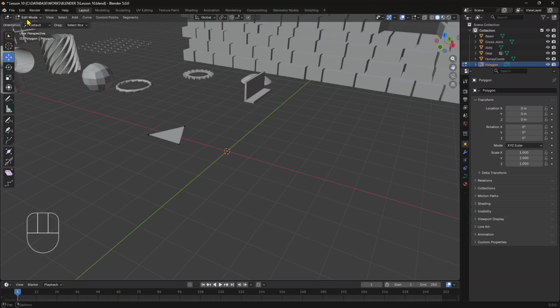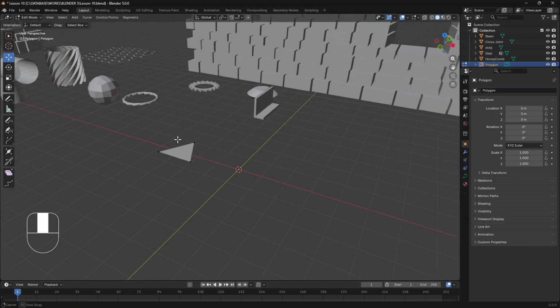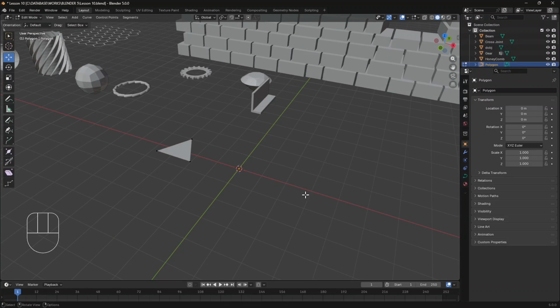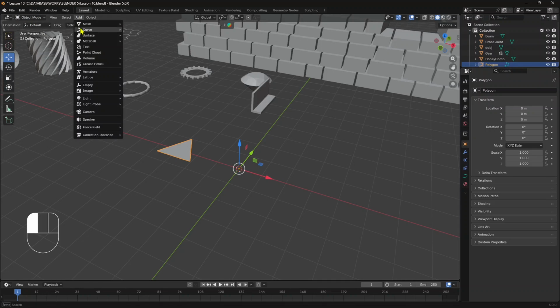You can see we are in edit mode. Be careful always to check if you are in edit mode or in object mode, because if you are in edit mode, you are inside that shape. The shapes you're going to add are going to be in there. So before we get into edit mode, which is a little bit more advanced, let's stay in object mode and see what we can add. So then we have